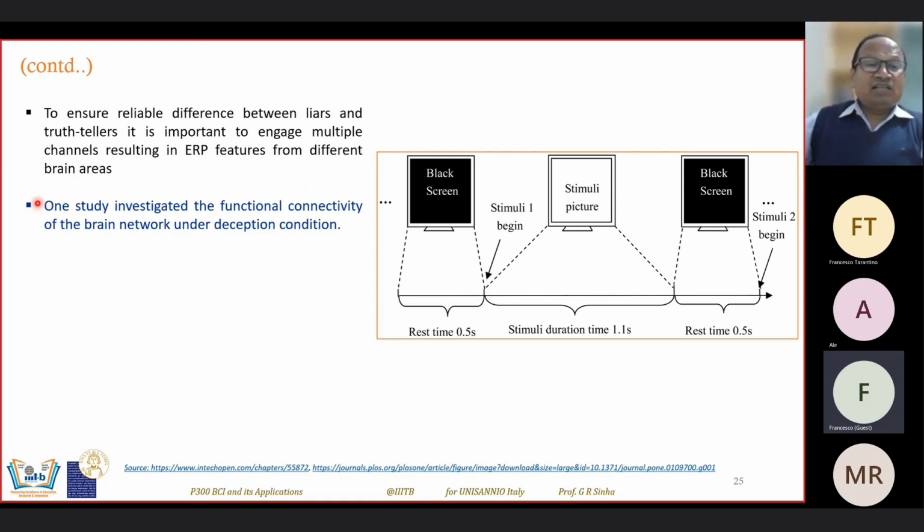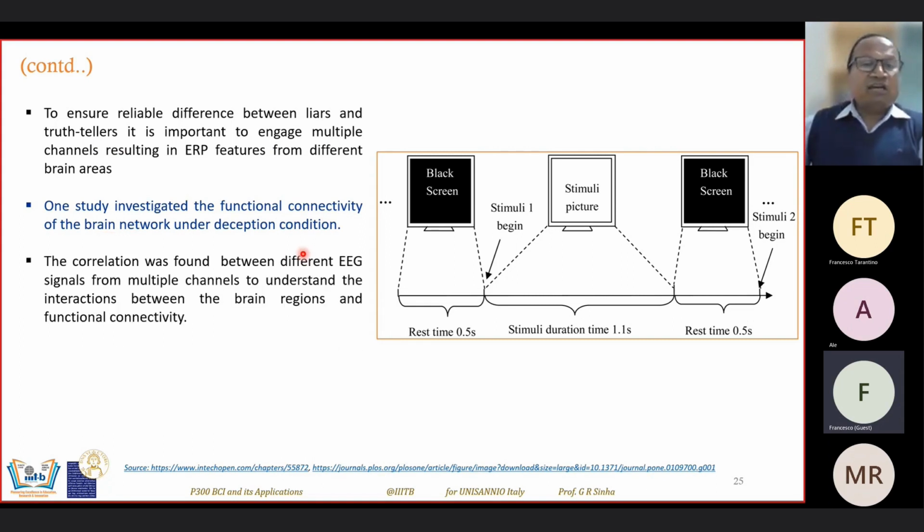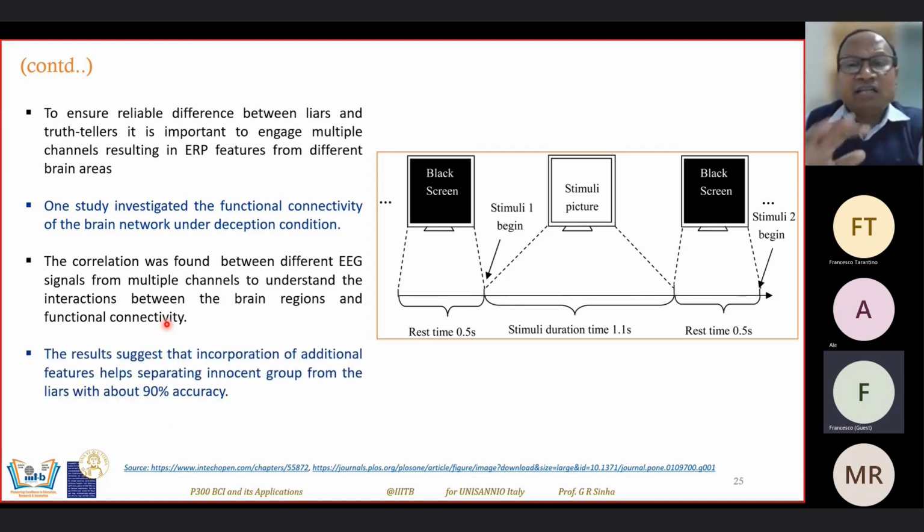One study investigates the functional connectivity of a brain network under a deception condition. If the person is trying to deceive, it will be identified. A correlation was found between different EEG signals from multiple channels to understand interactions between brain regions and functional connectivity. Wherever there is some similarity or dissociation indicated, at that time we'll find out that something is wrong, that the subject is telling lies. So the results indicate the incorporation of additional features that help separate the innocent group from the liars